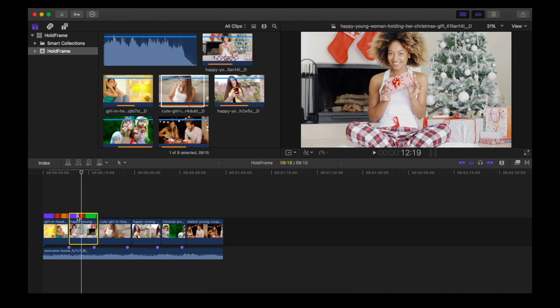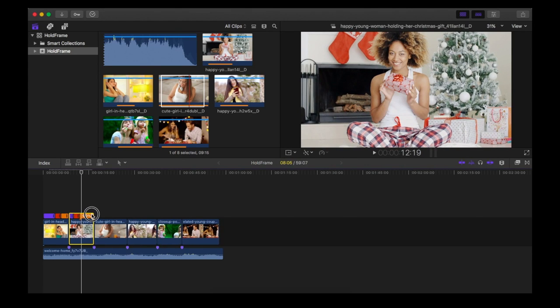Make the first clip faster by dragging it towards left, and the clip after the hold frame slower by dragging it to the right.